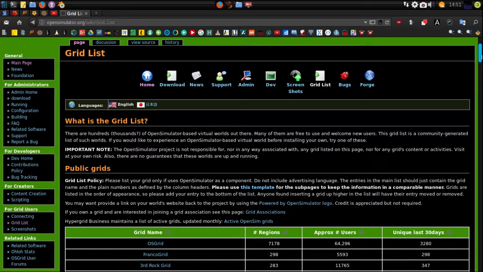So, I decided to choose OS Grid, namely because it is the grid of my personal choice. It's easy to set up your own region on OS Grid, as I've already done a video on. And further, they probably arguably have the largest user base in terms of region, the number of users, and unique visits. There are some grids that may report higher numbers. It varies. So that's why I chose OS Grid. At least this is the information that I'm pulling off the opensimulator.org page. So, okay, with that out of the way,